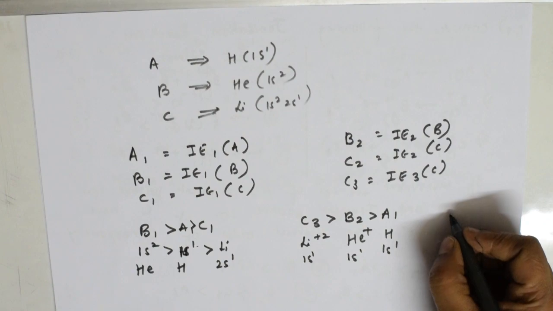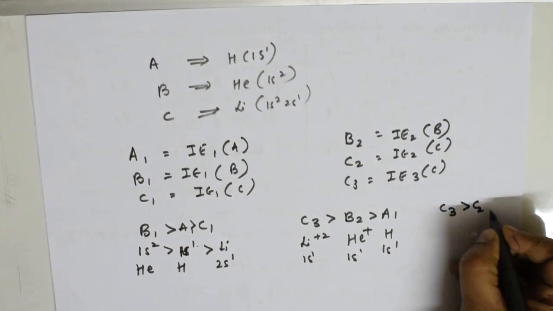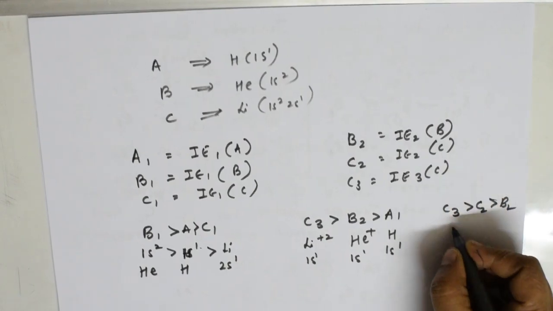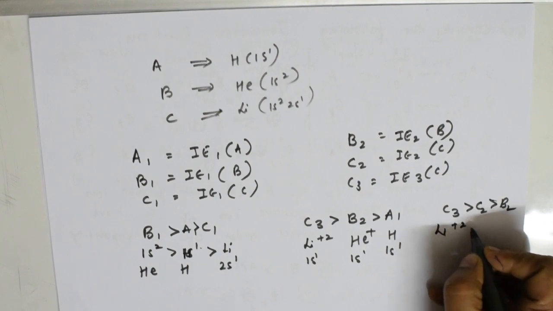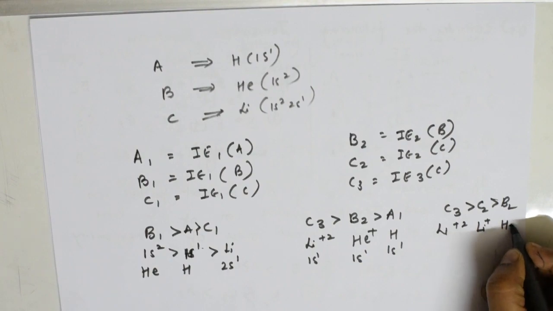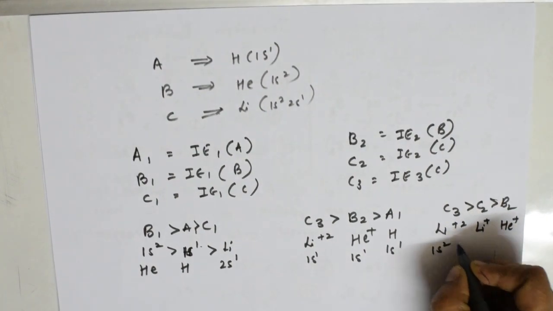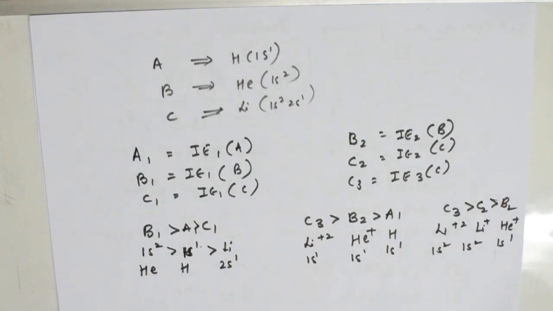Okay, the next one here is C3 greater than C2 greater than B2. So what is C3 here? This 3 means third. Lithium plus 2. Here C2 is again lithium plus 1. B2 is helium plus 1. So what is the configuration? 1s2, 1s2, 1s1. Right. This is understood, students. So this is how you have to solve the sum and understand the whole concept. Right. So here let us come and